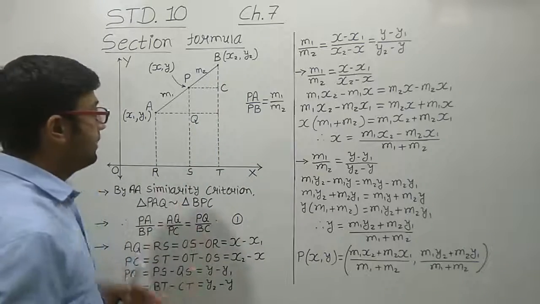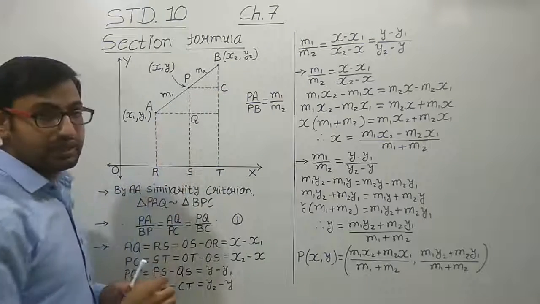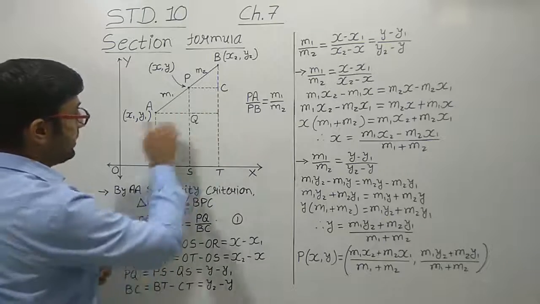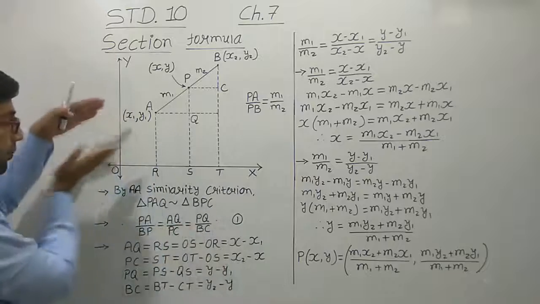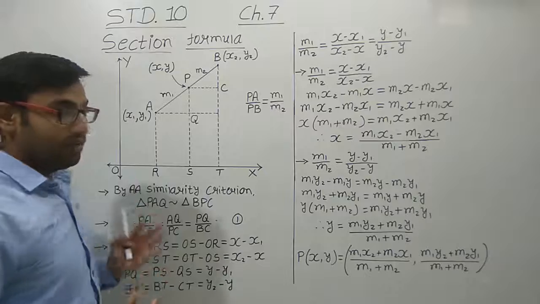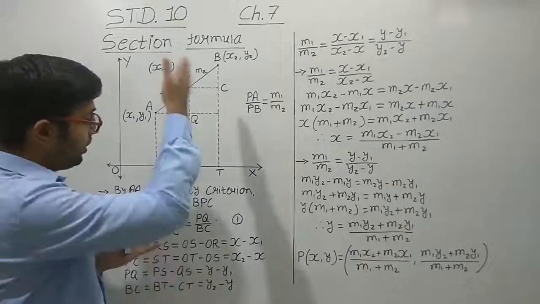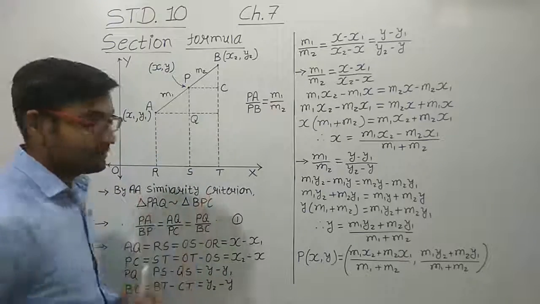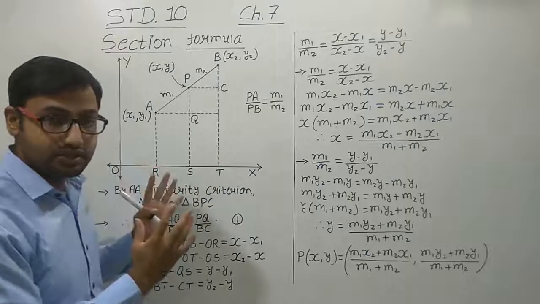In the same way, now draw PC and AQ line segments. PC and AQ are parallel to the x-axis, or we can say that they are perpendicular to the y-axis. Right? So we have to make a little bit of construction. We only have to draw perpendicular lines and parallel lines to the axes. So this is what the diagram needs to show us, right?